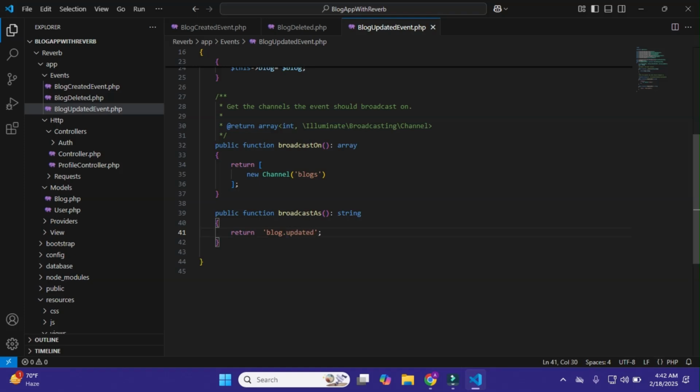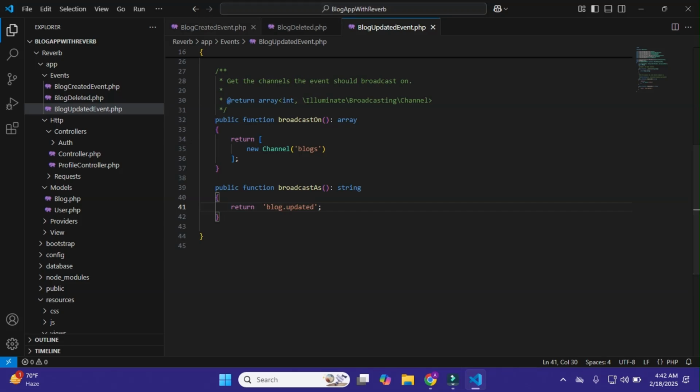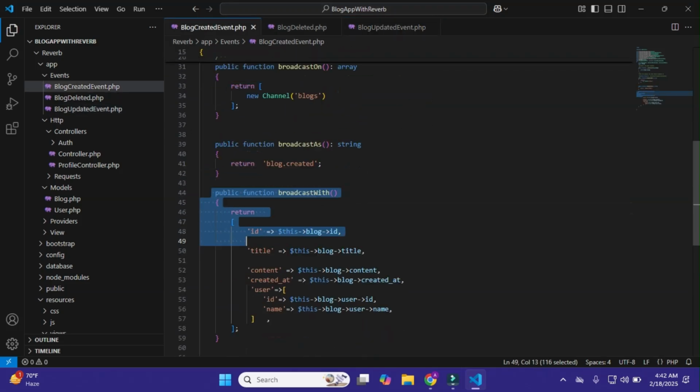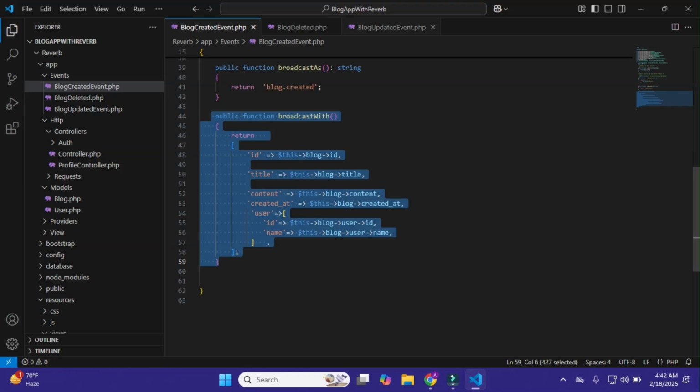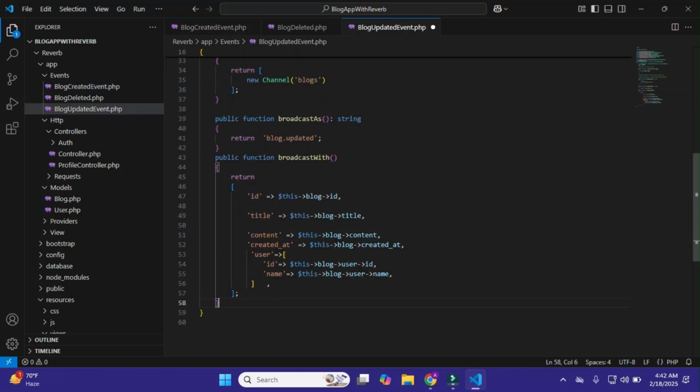Okay, just this. And broadcast with this data that we need, that we used in the blog edit event. Okay, just paste it here, and here I have blog ID, title, the same as we did in the blog edit event. Okay, so that's it.